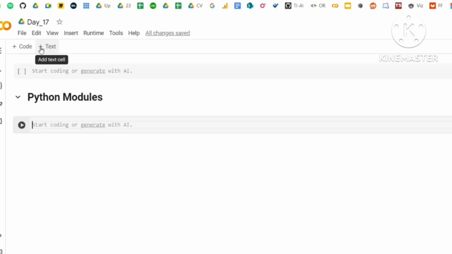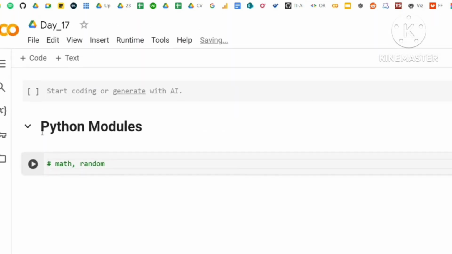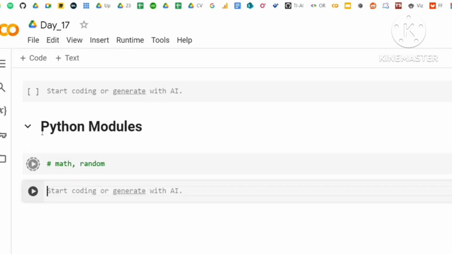I'll talk about a couple of modules: one is math and the other is random. I use them during my work as well. Now as I said, you have to pick the book from the library, so you have to communicate that to your Python. So how do you communicate? You write a word called import